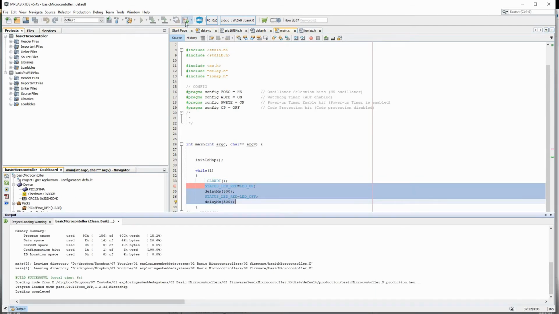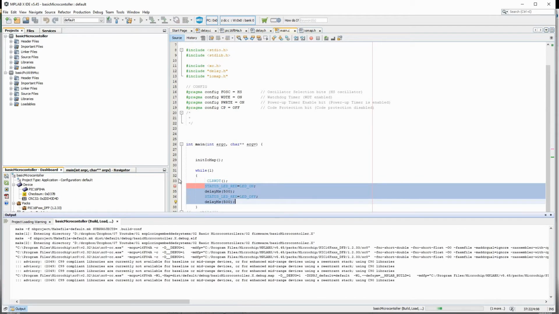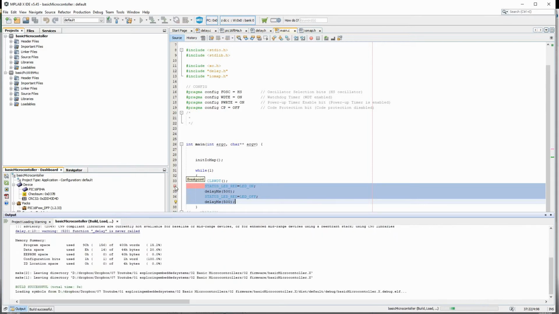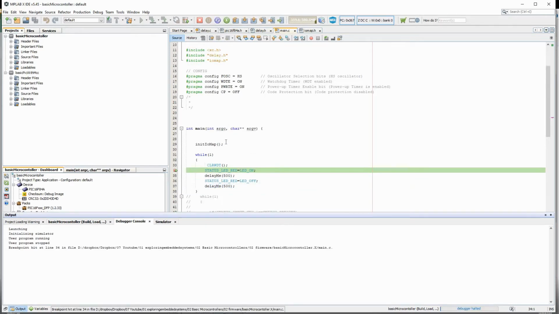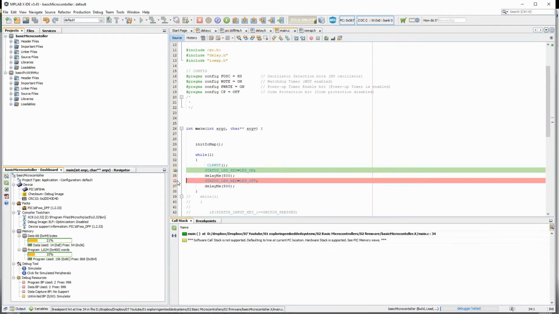Okay, let me start the simulation here. My breakpoint is, it has to stop here. So let me put a breakpoint here.